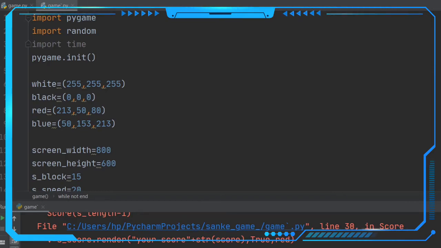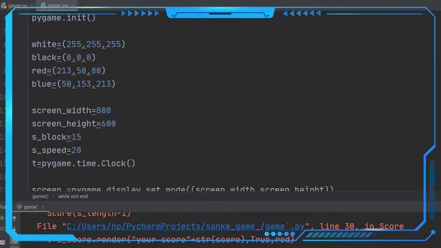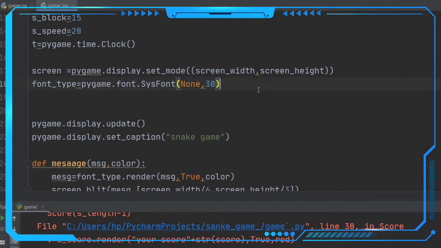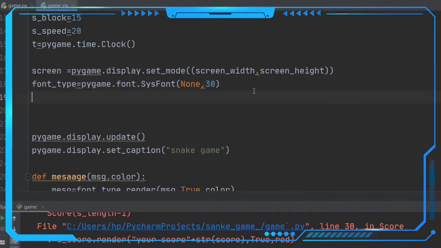In the previous video we saw how to control the speed of the snake, and today we are going to discuss the scoreboard, how we are going to draw the scoreboard onto the game screen. For drawing this, we have to make a variable called score. We have to define score here. Score equals